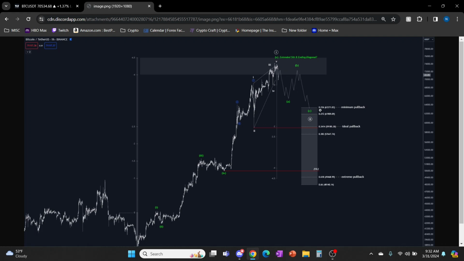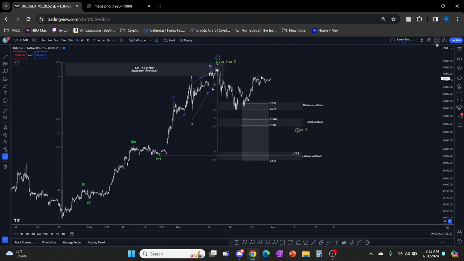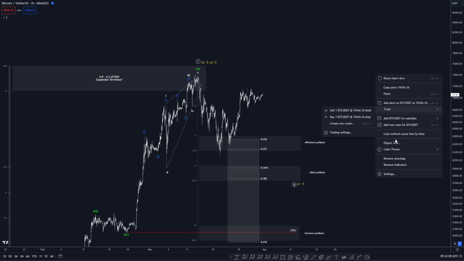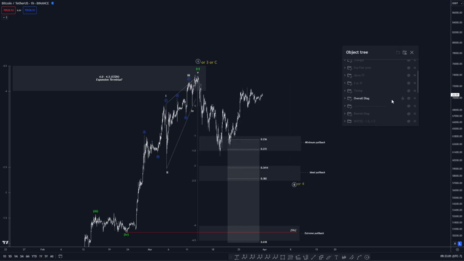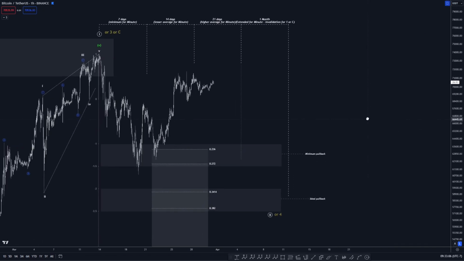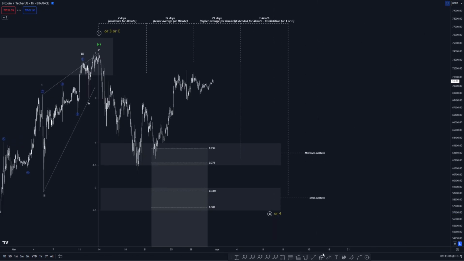On top of that, price-wise, we were looking at these zones. Minimally, that 236. Ideally, that 3414. And then for an extreme case, that's 618. And then timing. So ever since this pivot ended right here, we've been once again looking at this correction either as a minute, which is right here, this minute degree, or a minor degree. Those have been our primary expectations.